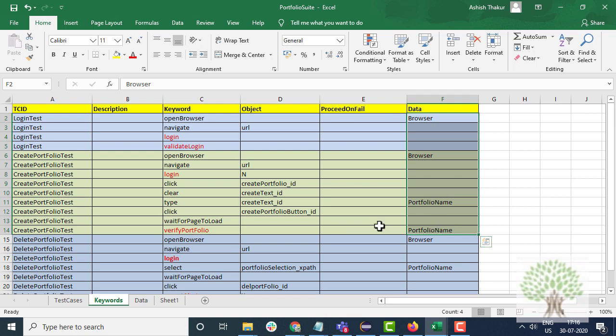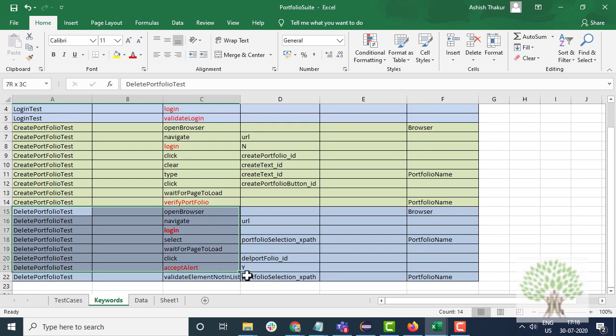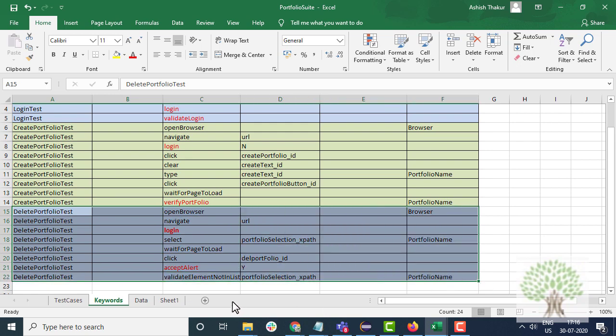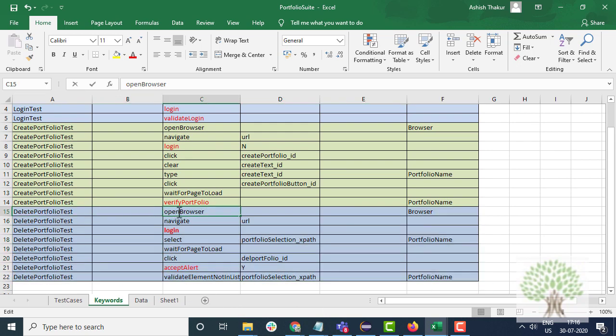Now what do these do? Taking a very simple example of a test case like delete portfolio test. It starts with the keyword known as open browser. Open browser is a generic keyword.